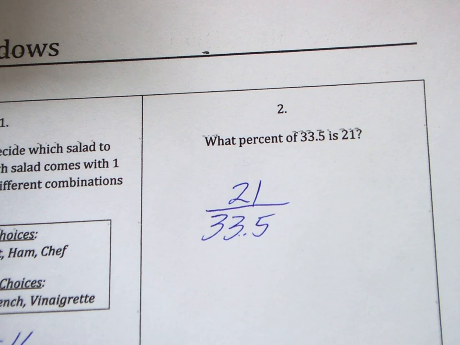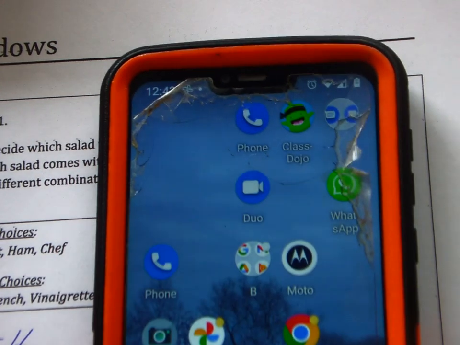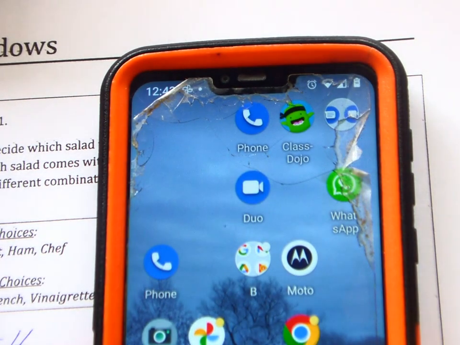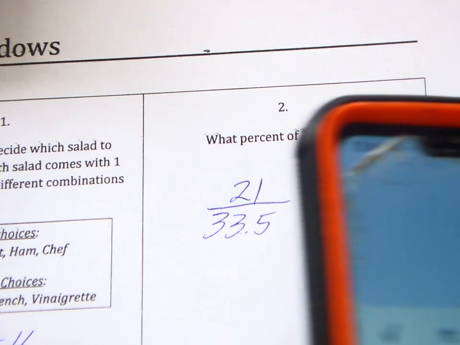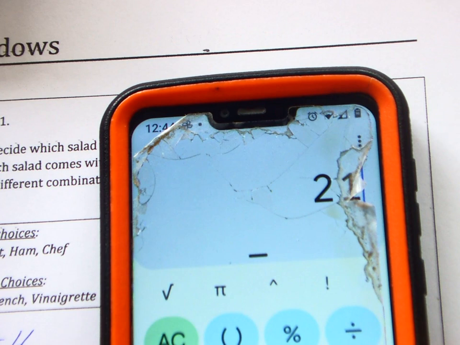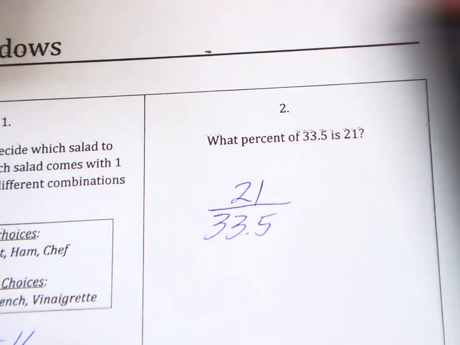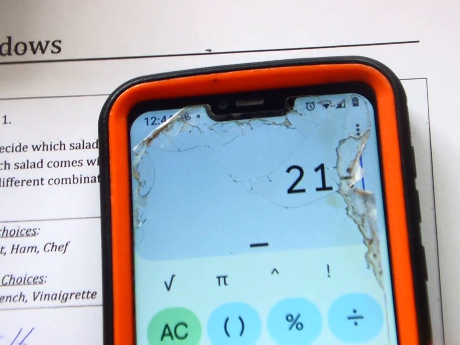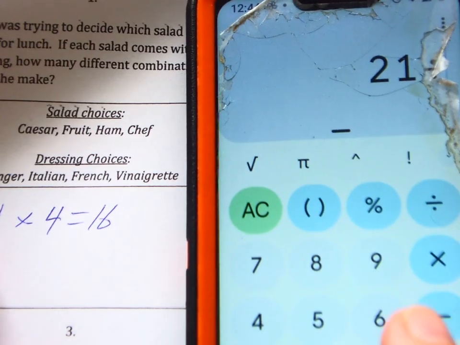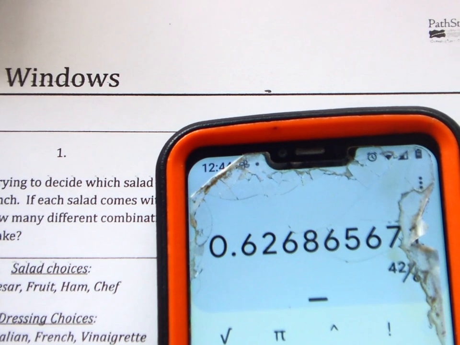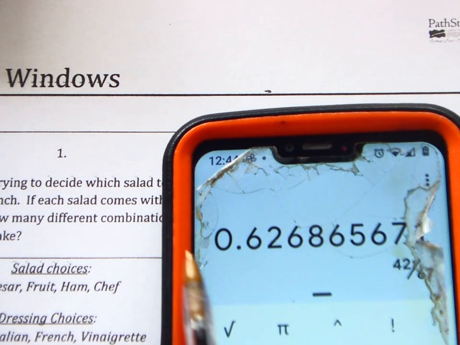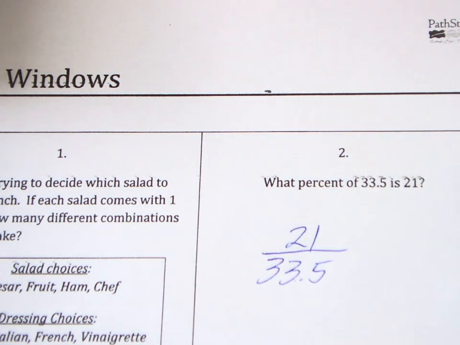So let me try that here. Okay, I'm going to go to my calculator. And I'm going to put in 21 and divide that by 33.5 equals, and there's my decimal. Notice it's smaller than 1, 0.6268. So I'm going to write that down as